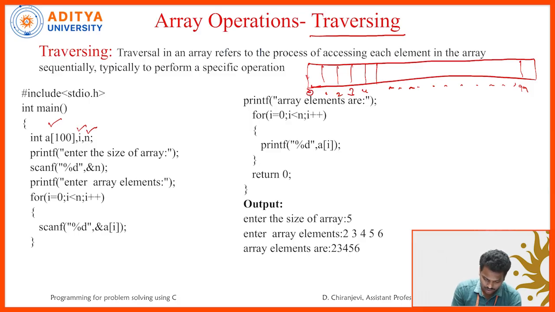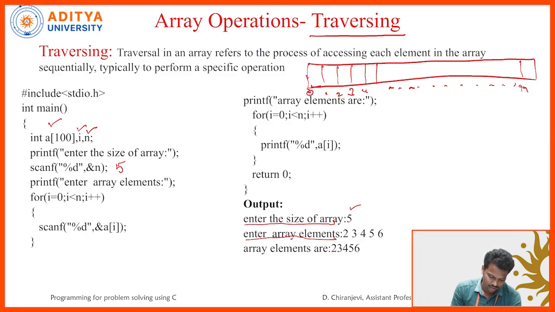When we run this program, first of all it prints enter the size of the array, then the user gives a value, that is 5. So, 5 will be stored as the n value. After that it will print another message, enter array elements. Now the user is reading the values. Because we are reading multiple values to store in the array, a for loop is used, and by using a scanf statement we are reading